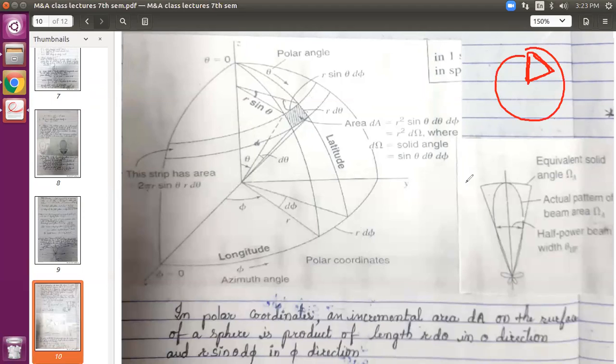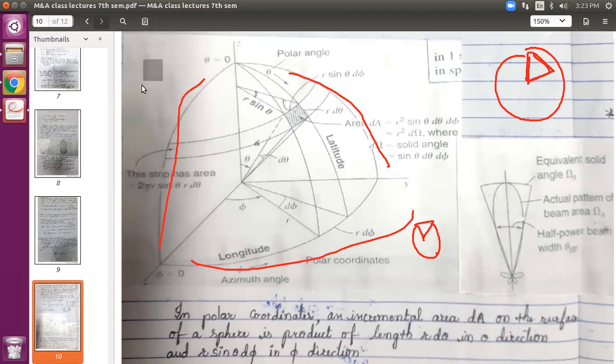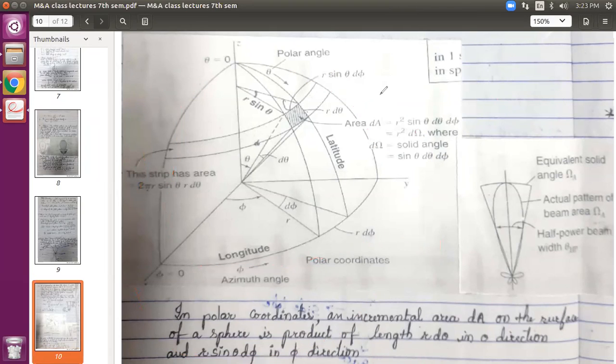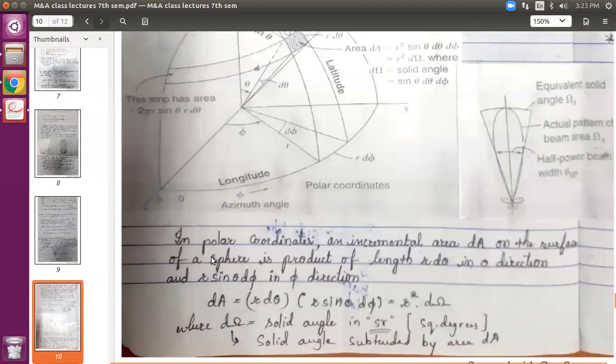When you cut a watermelon, when you ask the vendor to show the color, he will cut somewhat like this and show you the color. Inside, from the top view, you can see this structure. These are the edges, 1 line, 2 line and 3 line, and the remaining will be this entire circle. I hope you can imagine this. Close your eyes and try to imagine the watermelon. Okay, dA on the surface of the sphere.